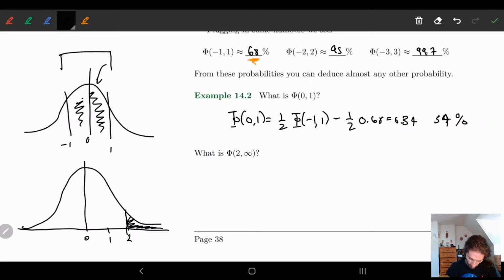Well, this area is the same as this area here, right? So this is minus 2. So phi of 2, infinity is equal to phi of minus 2. Phi of minus 2 we already saw, right? This is just